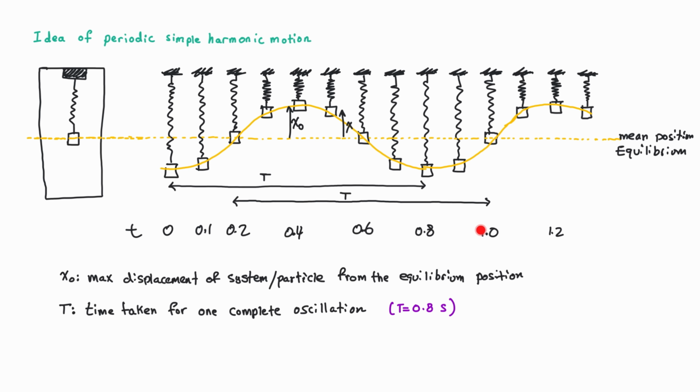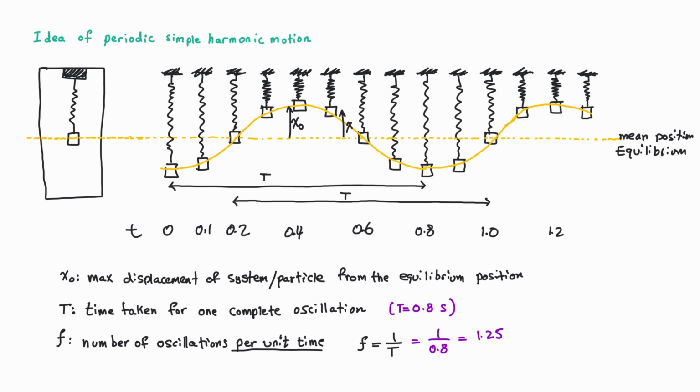Alternatively, we can look at this position, which is 1, and subtract it by 0.2 seconds, and we can see that's still 0.8 seconds. Now, the idea of frequency is the number of oscillations per unit time. We can find this simply by dividing the number of oscillations by the time it takes. Or another way of doing it is to write it as frequency is equal to 1 over the period. For example, in this specific case, we have our period as 0.8 seconds, and this will end up giving us